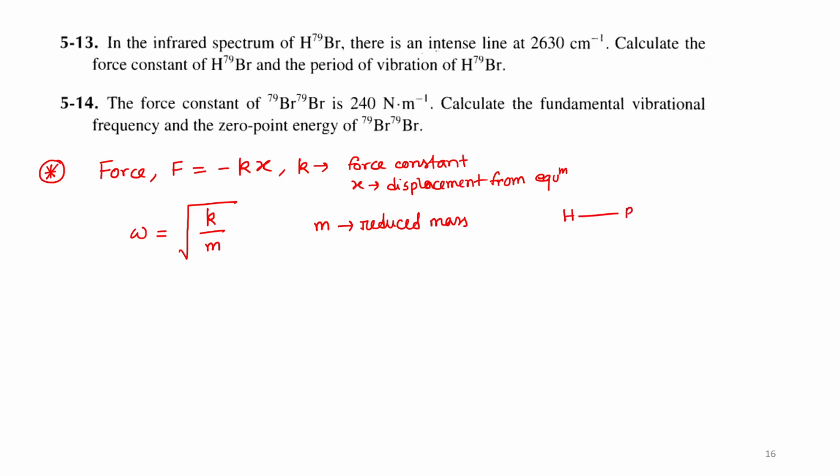HBr. So obviously the mass of bromine is very high, right, than the H. So the masses are different. So what we are going to do is convert this M1 and M2 in terms of a reduced mass, that is given by mu equals 1 by M1 plus 1 by M2. Another way to write is,